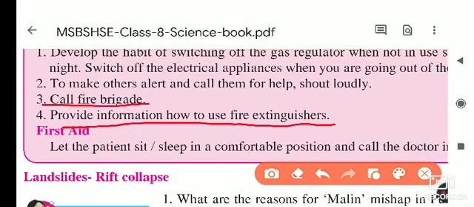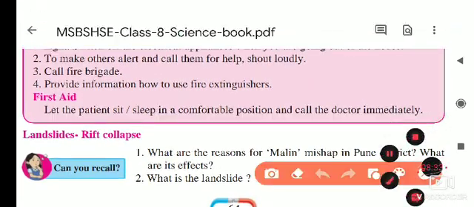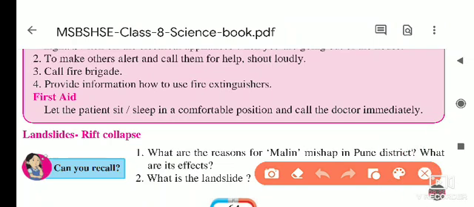Okay, then next, first aid. Now if the area catches fire and a person gets shocked because of this fire, at that time which first aid we have to take, that we will see now here. So first of all, let the patient sit. You have seen that if a person gets choked inside that fire, their clothes burn, their hair burns. If the clothes are made of polyester and all, they stick to the body. So at that time we have to take the precautionary measure and call the doctors immediately, so they will do the proper treatment.